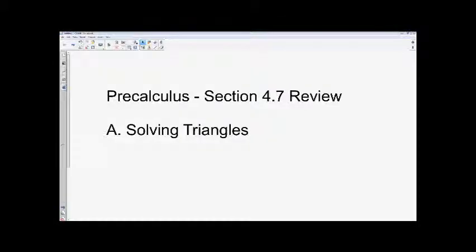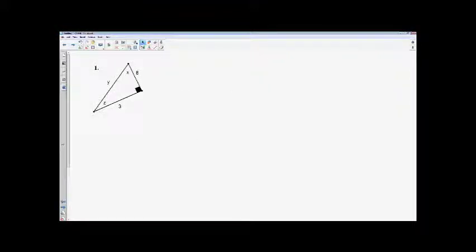All right, going to work out the section 4.7 review for you. I'm going to pause the video whenever I punch stuff in the calculator just to speed it up a little bit. This first triangle,